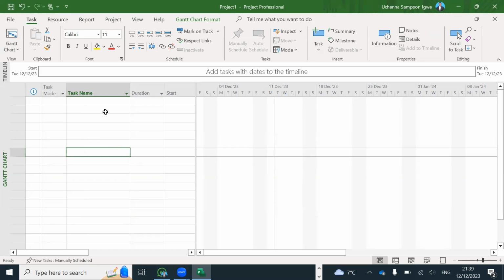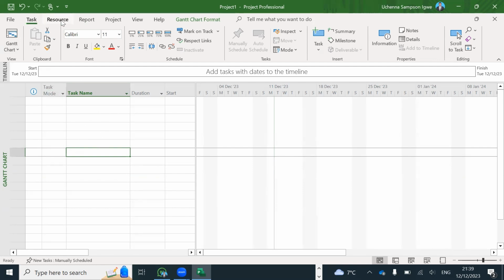Whenever you're entering the task in the task column, ensure that you're in the task button over here, and all the icons and functions that you are seeing here are used to either adjust or format